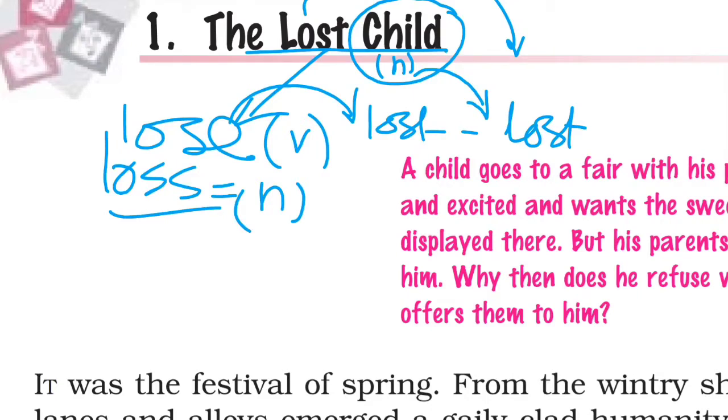My dear children, now we will be going to the lesson. Before we start, let us see what is written here. A child goes to the fair with his parents, excited and wanting the sweets, and is desperate there, but his parents do not bring him. Why does he refuse when they are offered by the stranger? My dear children, you see,